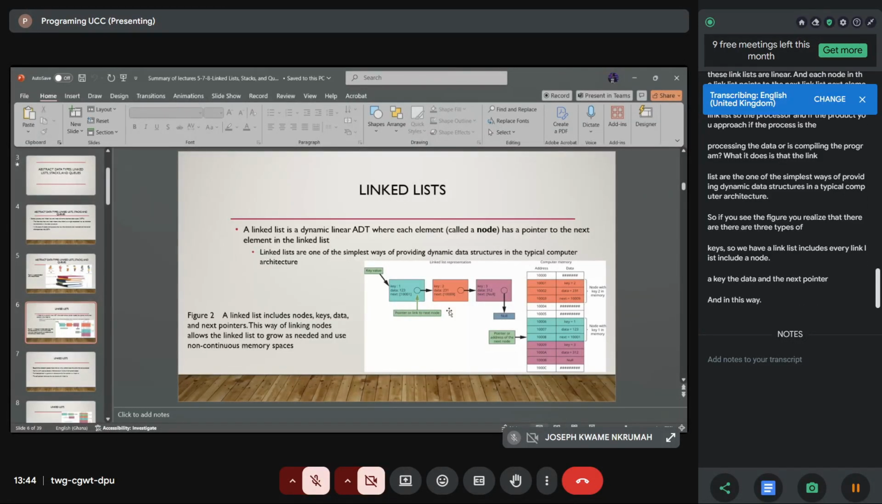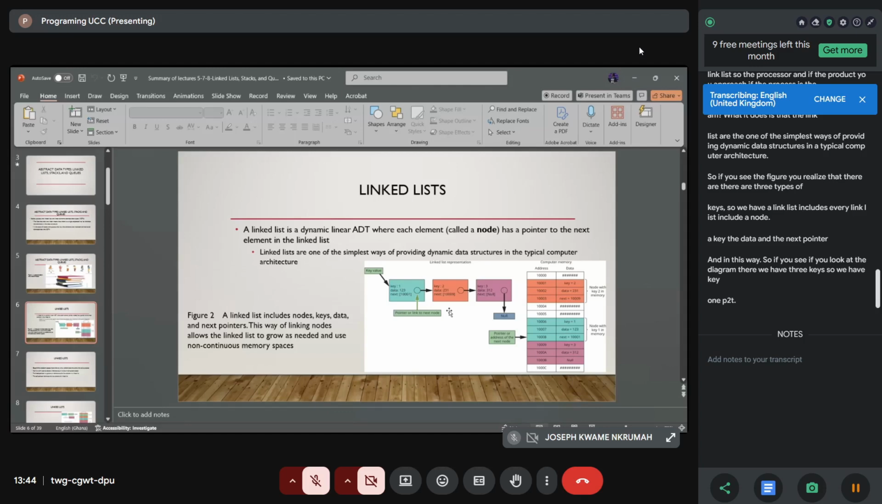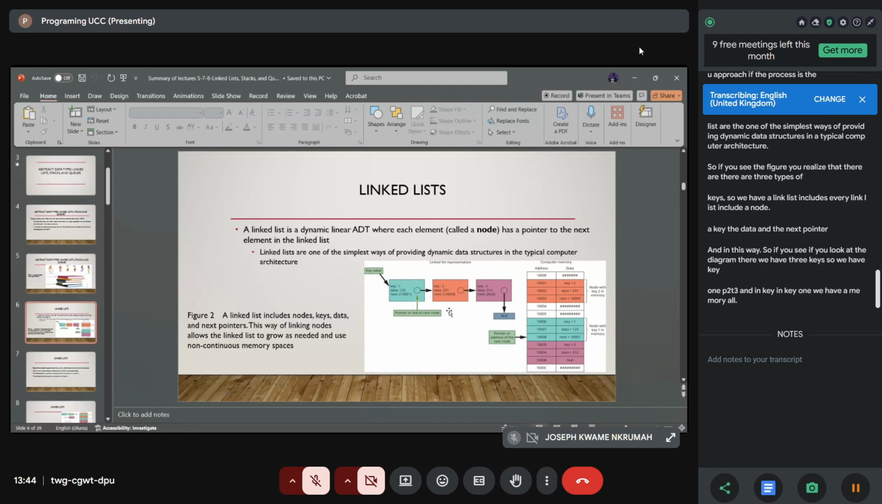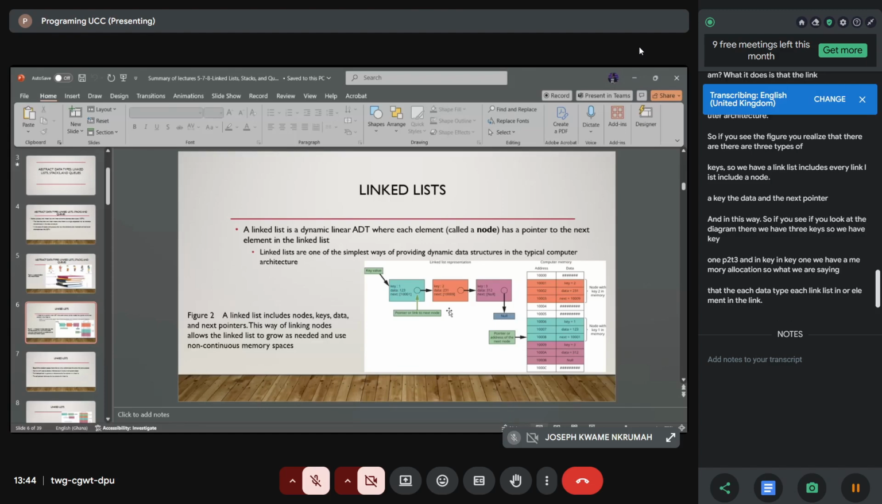And in this way, if you look at the diagram there, we have 3 keys. So we have key 1, key 2, key 3. And in key 1, we have a memory allocation. So what we are saying is that each element in the linked list has